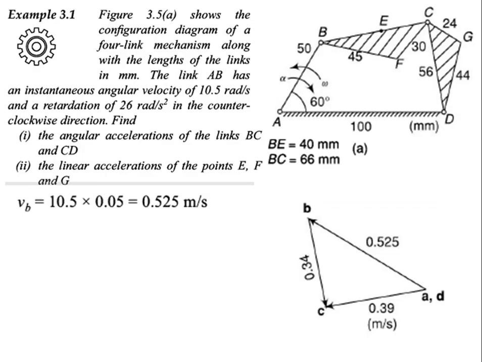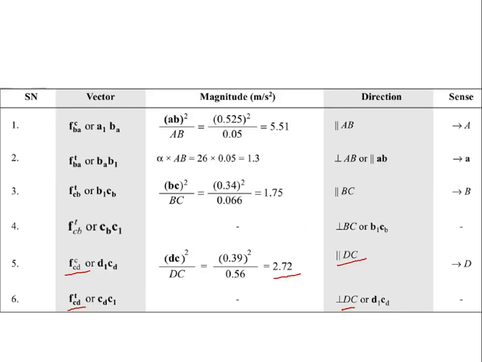So what is asked in the question, that is now important. The angular accelerations of links BC and then CD is asked. Okay, so let us see, can we solve this BC and CD? So what is this angular acceleration of BC and CD? They are nothing but these two things which is asked. You can see for BC, then for CD. So they have asked these two things only, which is unknown in the table.